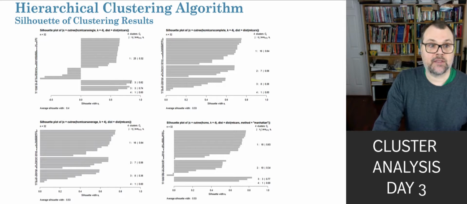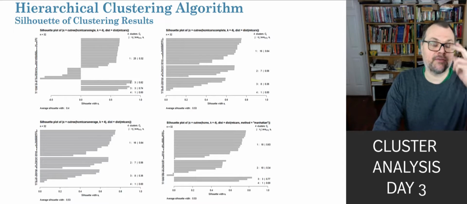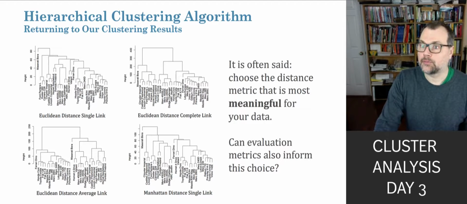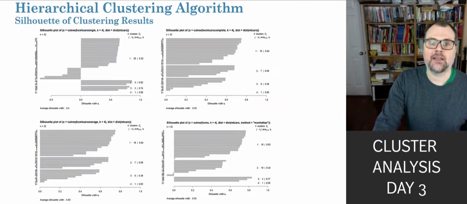If we were trying to determine which of these 4 clustering results was the best. So here we use the Euclidean distance in 3 cases. I use single linkage, complete linkage, and average linkage here, and for the other one I use single linkage but with the Manhattan distance, and I get the following